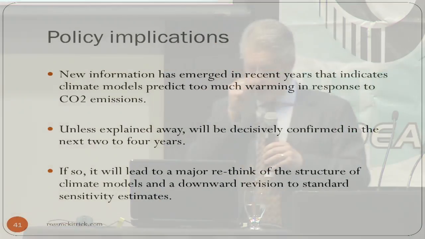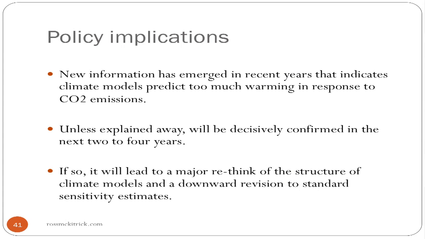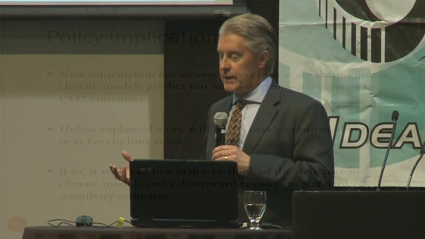So, policy implications. First of all, there is new information. New information has come out roughly in the past 10 years, in that ending portion of figure 9.8 that I showed you, that climate models are predicting too much warming in response to CO2 emissions over the past couple of decades. That was not obvious 20 years ago. It is now emerging as new information. Unless there's some clever explanation for this, it's an observation that will be decisively confirmed in the next 2 to 4 years. In other words, unless some way of reconfiguring climate models emerges that has high climate sensitivity and yet no warming over this current interval,